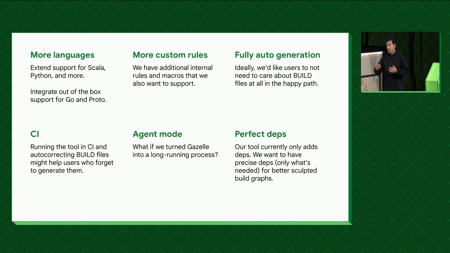If you actually look at how Gazelle works for Go, the happy path is fully automated generation, right? Speaking to some Go developers at Stripe, they don't really think about Gazelle all that much because it just kind of works. It does it for them, right? We want to get to that point for every other language that we have at Stripe. And then, some of the wackier ideas we've had about this tool is maybe we can run this in CI or different contexts, give users feedback in a different way. We want to be able to put it in front of folks as much as possible.